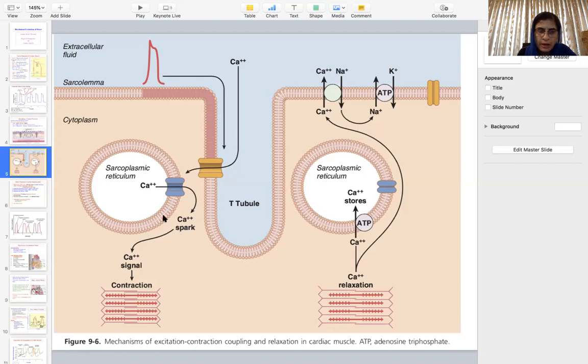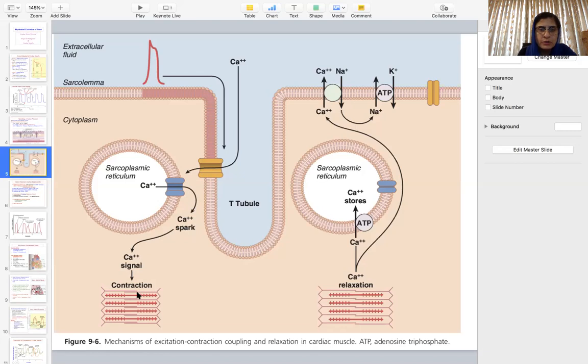This calcium ion, released from the sarcoplasmic reticulum as well as from the ECF, will act on the troponin C, just like in the skeletal muscle. When they act on the troponin C, it causes the cross linkages between the myosin and actin filaments and causes contraction of the heart muscle. The excess calcium ion in the ECF is responsible for the prolonged contraction of the cardiac muscle.